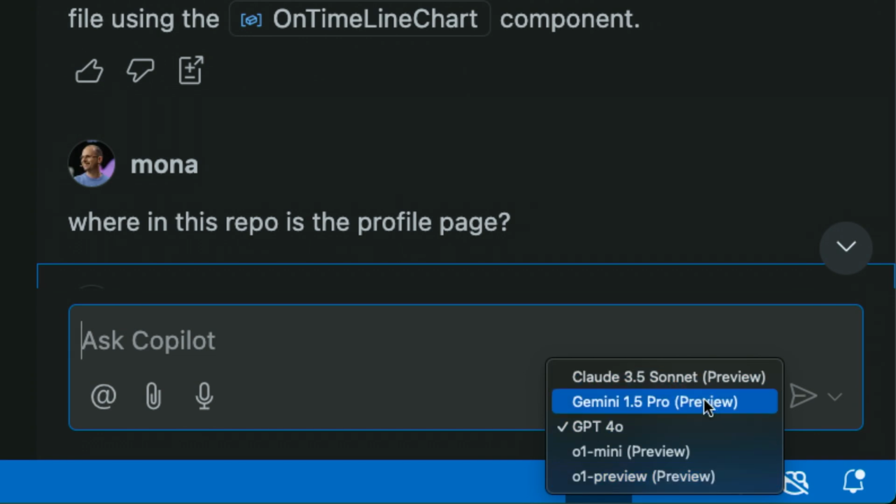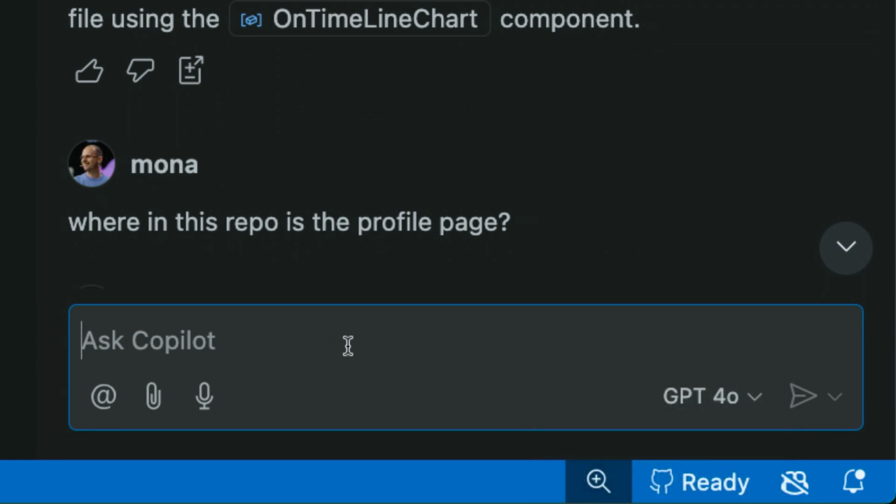Now you won't necessarily see all of these when you go and do the drop down as well. We're rolling them out slowly. You'll definitely get these 3. And then Sonnet, I think, is rolling out pretty quickly as well. So you can ask those same questions of different models. So if you have a preference for one of those models, the way it speaks, the way it behaves, you can choose that yourself. So let's try that.